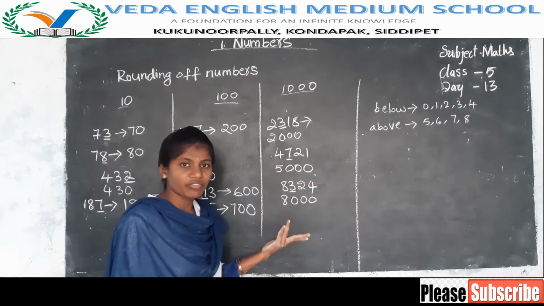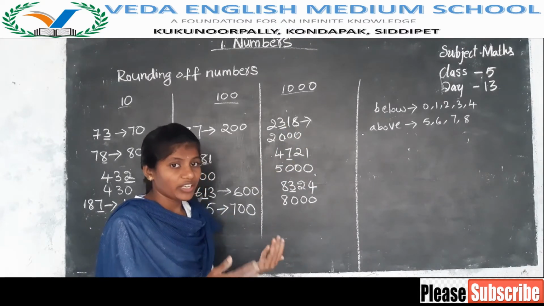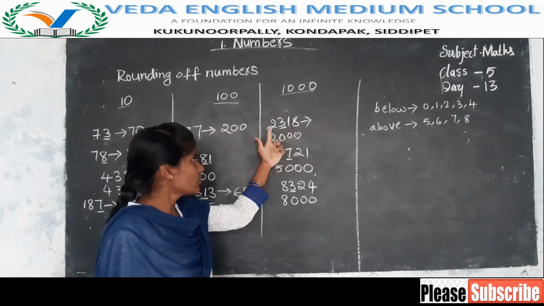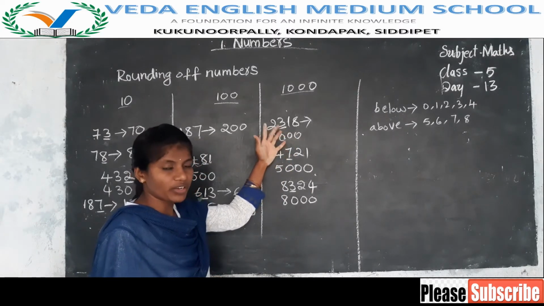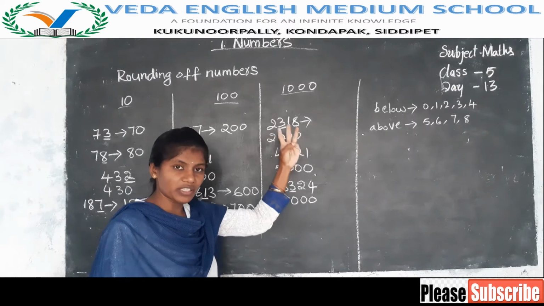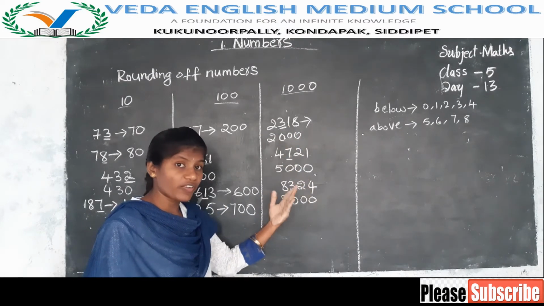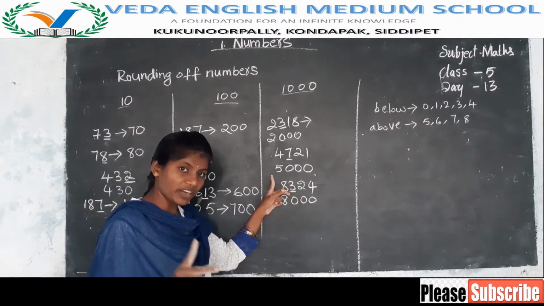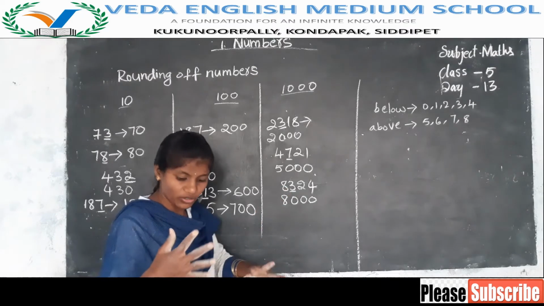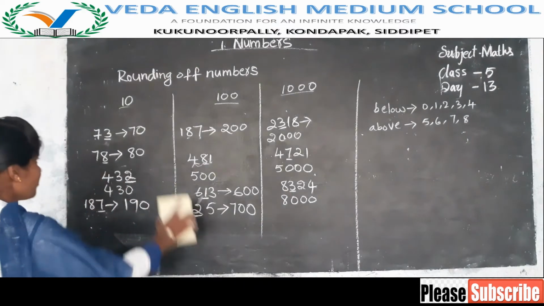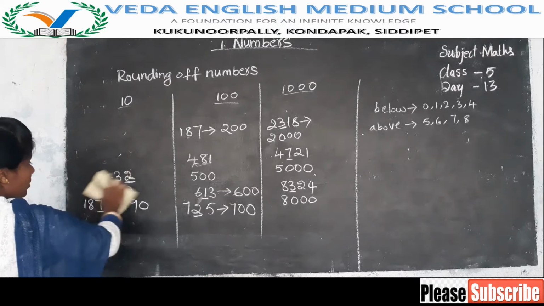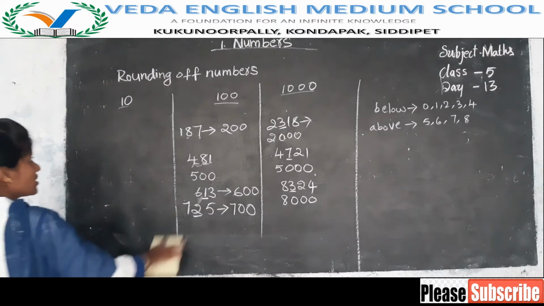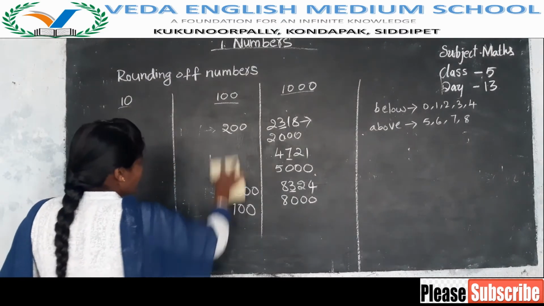Before place values you have to check. If the number is below 5, then there is no need to increase the next number. You have to write the number as it is, and remaining all numbers become zeros. If the number is above 5, then you have to increase the next number by one time, and remaining all numbers are zeros. Now I will write the number. You have to round up that number, only one number to the nearest tens, nearest hundreds, nearest thousands. You will find how to find.